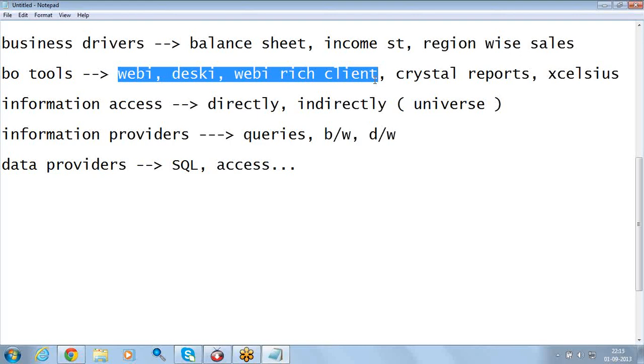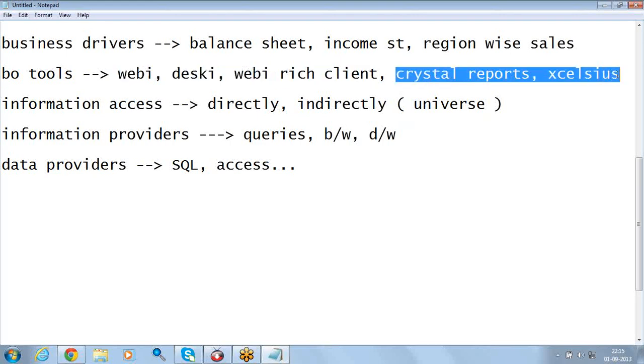So an organization using the tool called Business Objects will obviously go for Webi, Deski or Web Rich Client. Coming to Crystal Reports and Excel sheets, these two reporting tools do not require the universe.